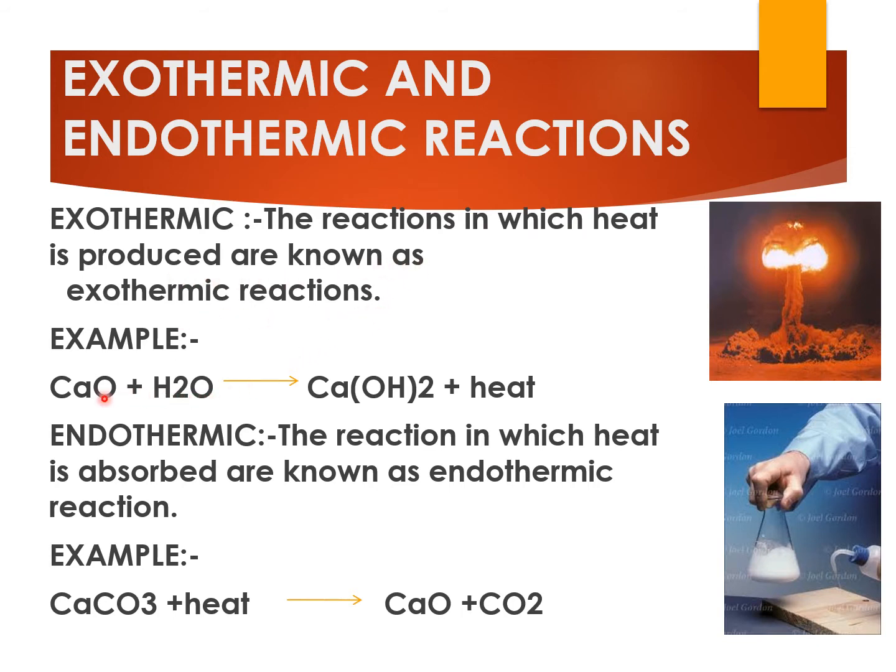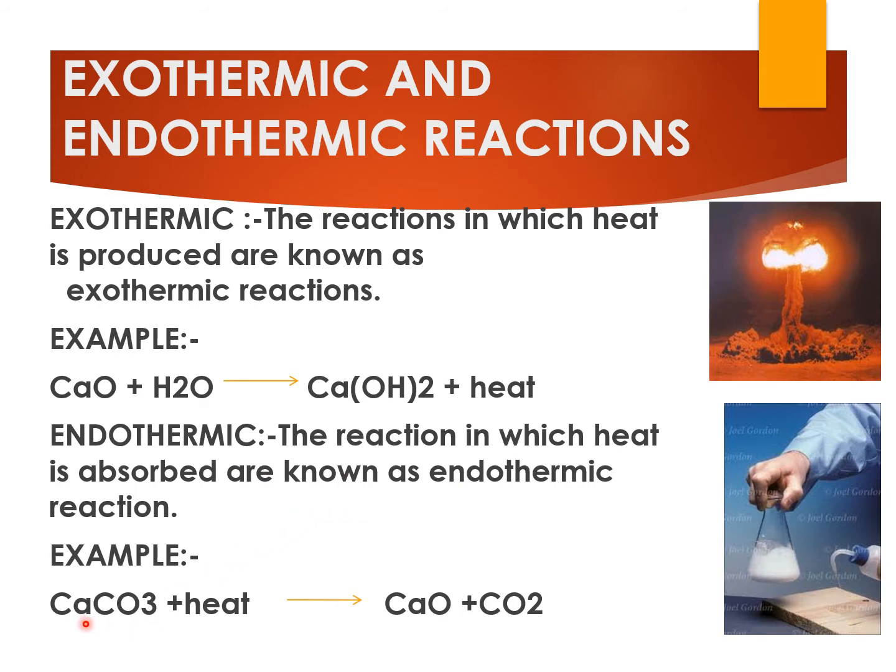Just now we have seen that common example, and here also you can see calcium oxide is mixed with water to produce calcium hydroxide, and during this reaction automatically the container becomes very hot. That means the heat is produced due to the occurrence of this reaction, and those reactions are called exothermic reactions. The opposite of it is endothermic. Endo means in, taking in. So the reactions in which the heat is absorbed are known as endothermic reactions.